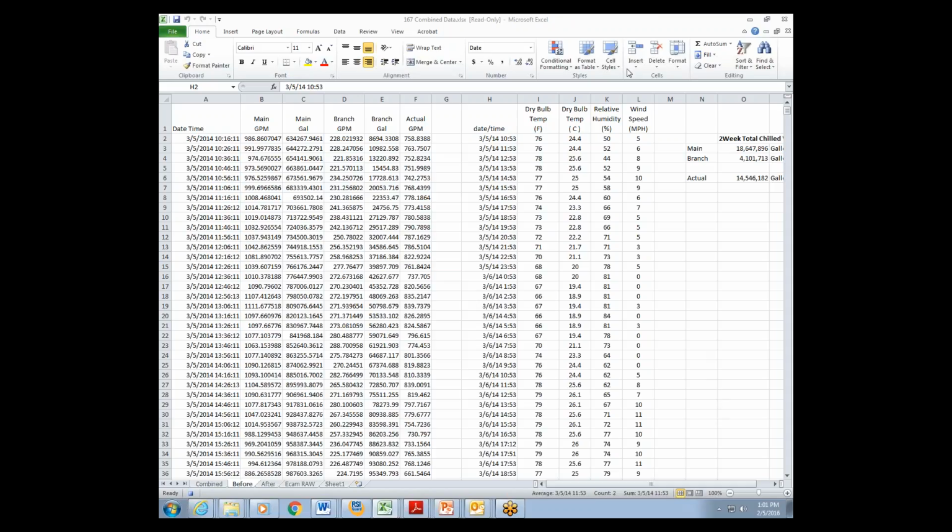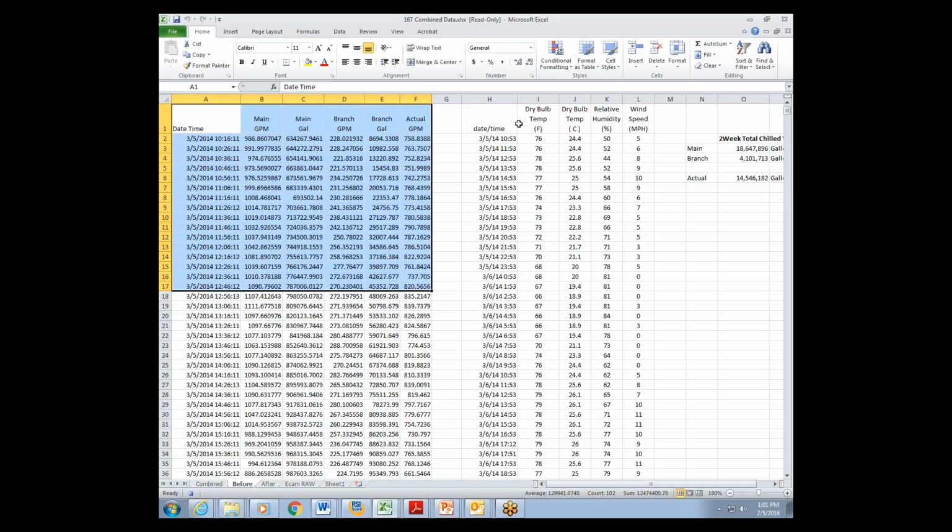So what you're seeing is an Excel spreadsheet with two different data sets. There's one grouping of data in these columns. This is flow data that is every 10 minutes. You can see 6, 16, 26, 36, 46 minutes after the hour. So every 10 minutes, this flow meter is